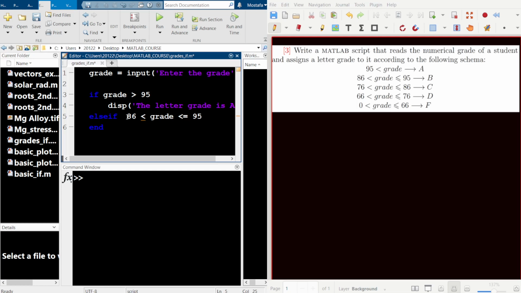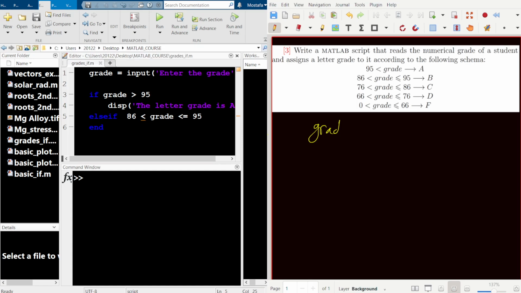But there is really a big problem here. And we have to explain this on the side, because this expression is completely wrong. So let's see why this is completely wrong. Suppose the student's grade,